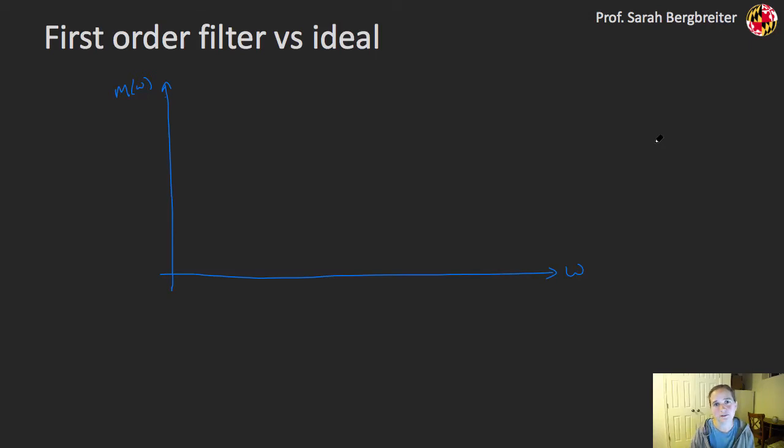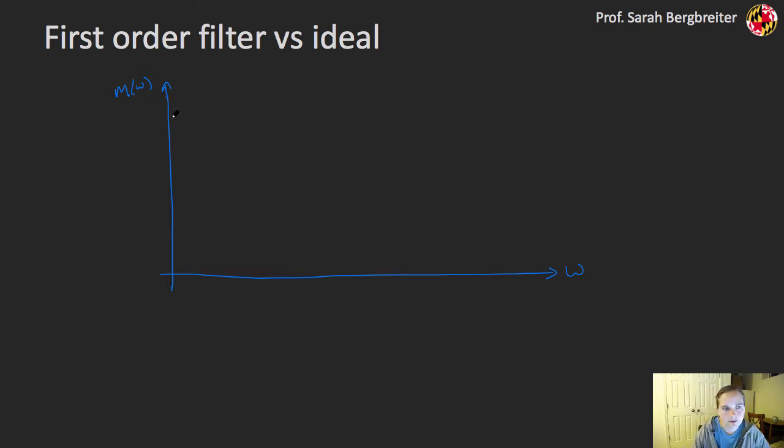Of course, I'm going to have a lot of differences between an ideal filter and a filter that I can actually implement, a real filter. I'm going to start with first order filters, as they're the simplest filters to consider, and they're going to behave the same exact way that any first order system is going to behave. And so we already have a sense as to what it will look like on our magnitude ratio